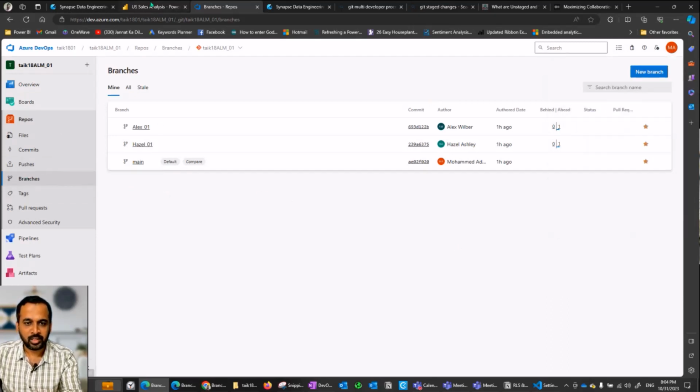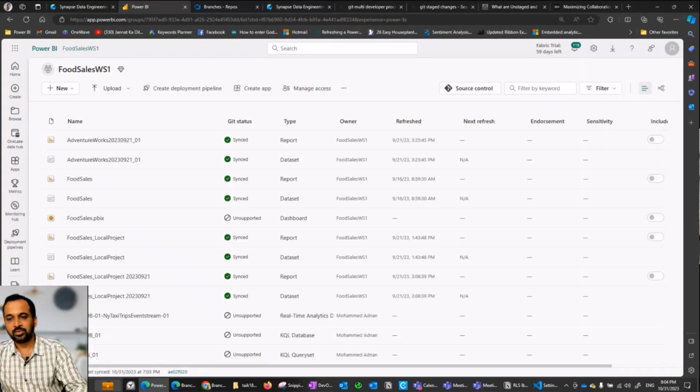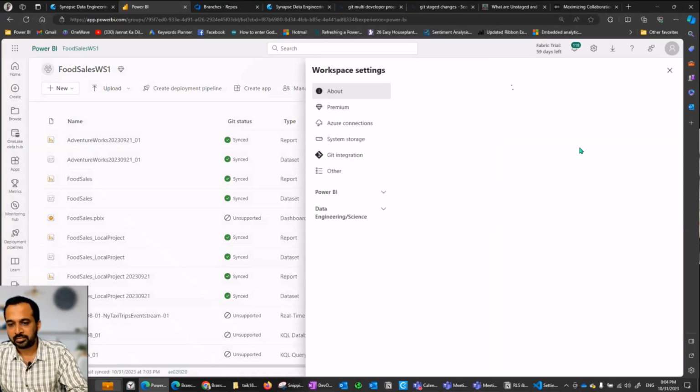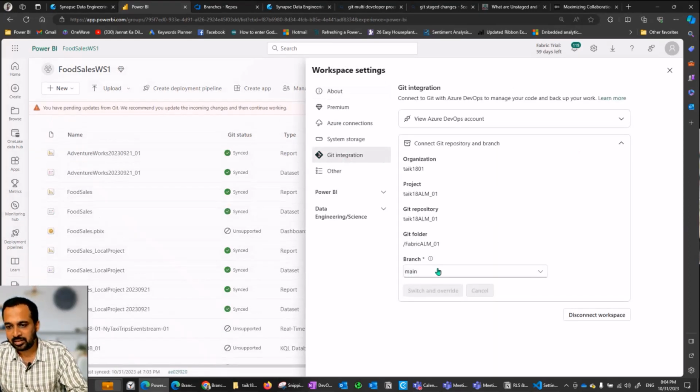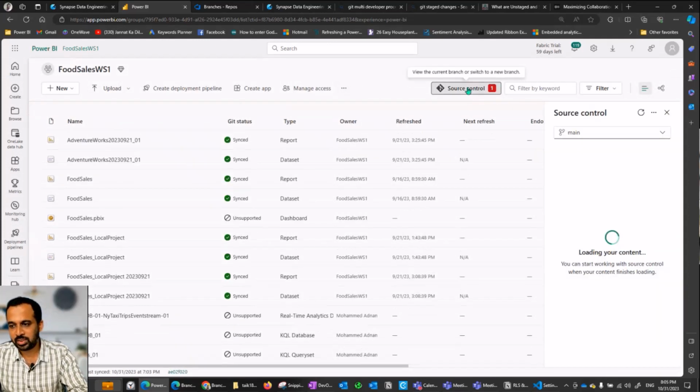And now I need to log into Power BI. So if I go to this workspace, which is actually connected to the main branch, if I click on Git integration, you see everything is the same, only the branch refers to the main here. So it is now connected to the main branch. And now it's giving me a message that there are changes onto this one. If I click on source control,